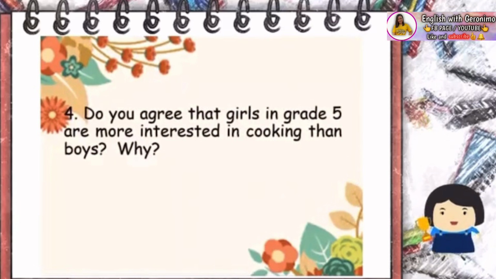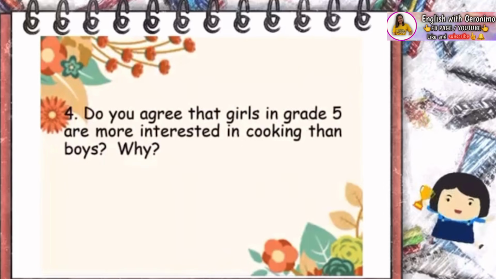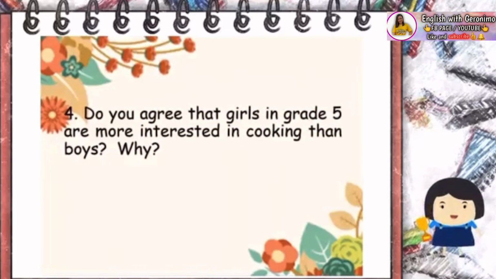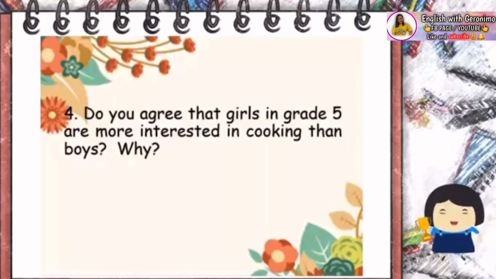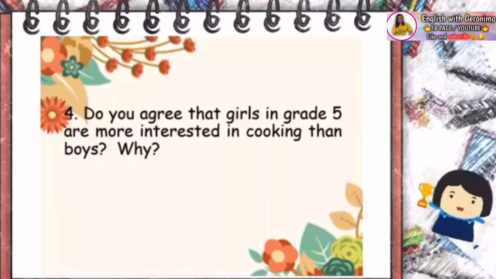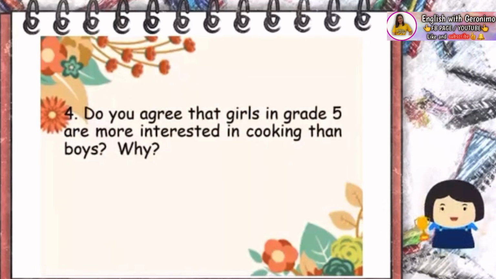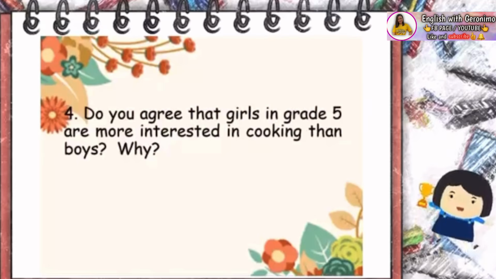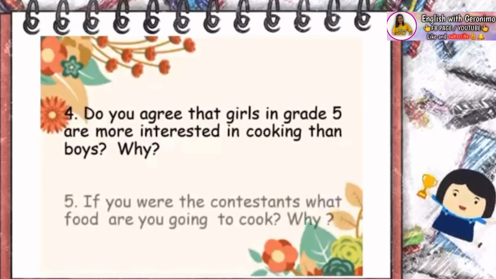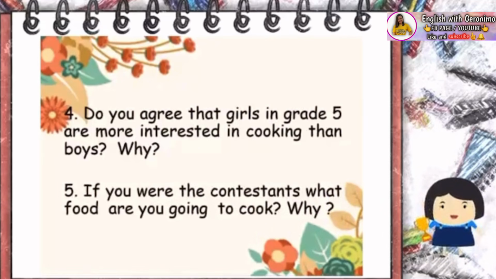Do you agree that girls are more interested in cooking than boys? Why? That's great. Girls are more interested in cooking rather than boys because all participants are girls. If you were the contestants, what food